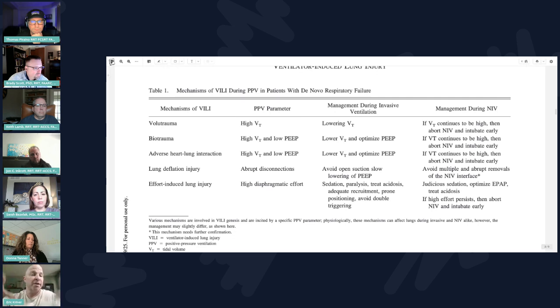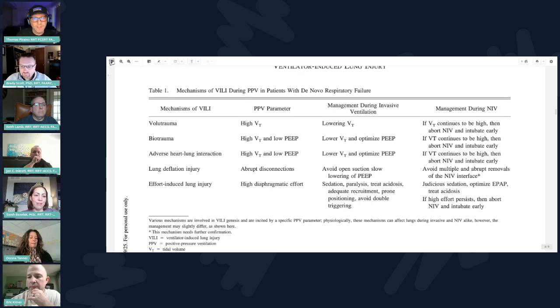And you can see it in what day in mechanical ventilation they're on, right? It's heavy volume at the beginning of a course, and as they move on beyond 48 hours in the typical course, they end up switching to pressure. And so in the last few minutes we have, Brady, do you want to talk about this? Because we said that we would discuss non-invasive ventilation and the risk of ventilator-induced lung injury.